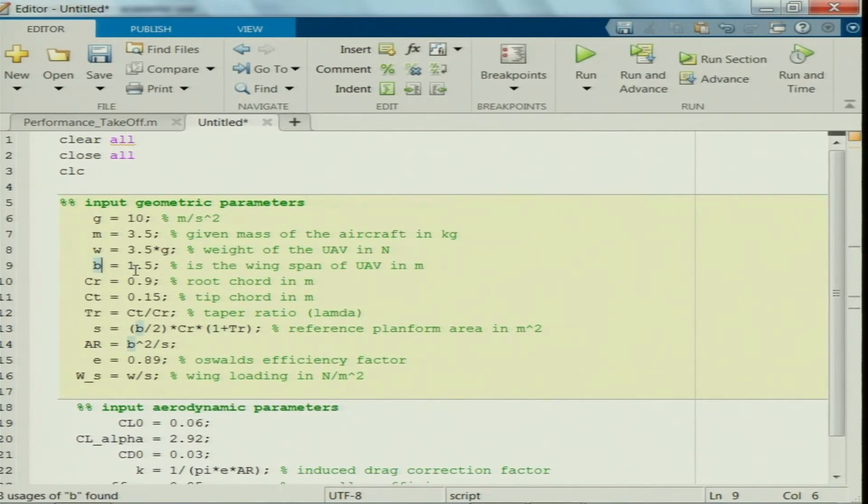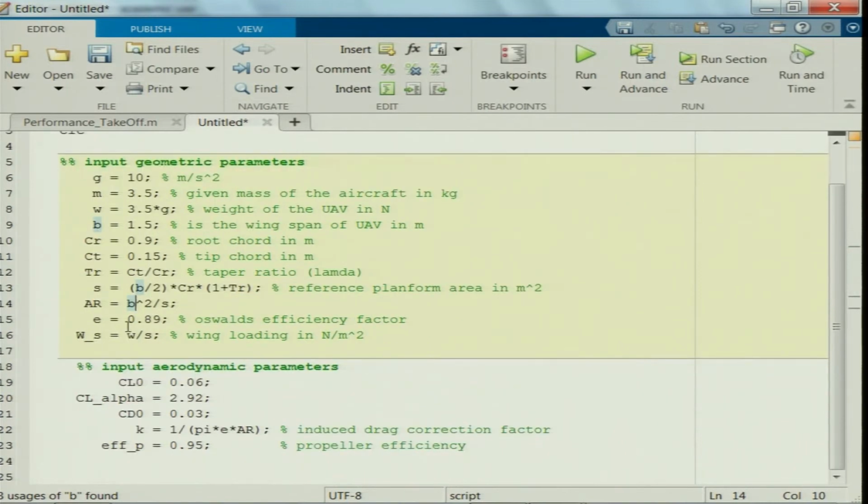The span is 1.5 meters with a root chord of 0.9 meters and a tip chord of 0.15 meters, so we end up with a taper ratio of about 0.167. The planform area turned out to be 0.787 meter square, and the aspect ratio, b square upon S, is about 2.86.